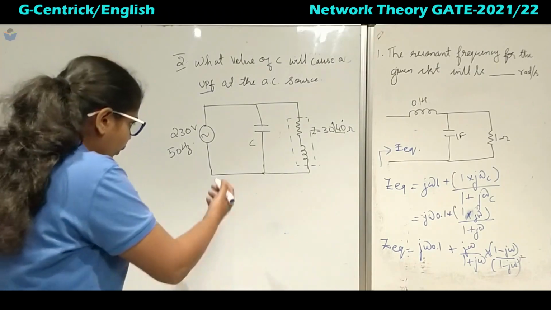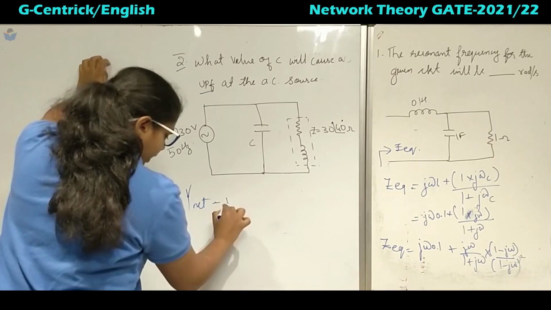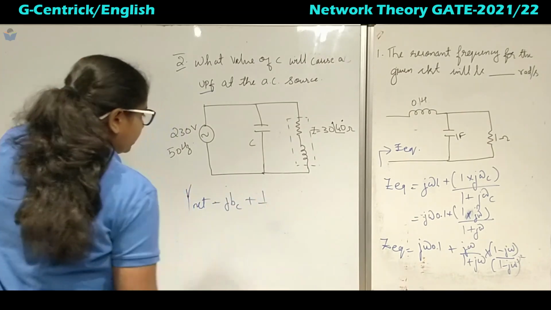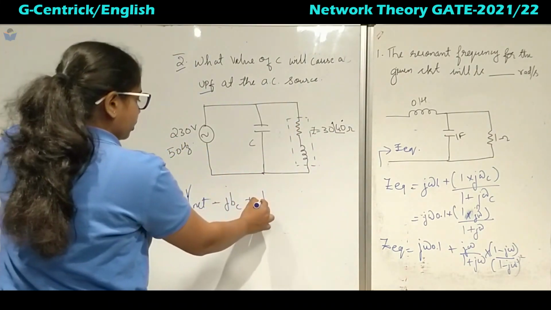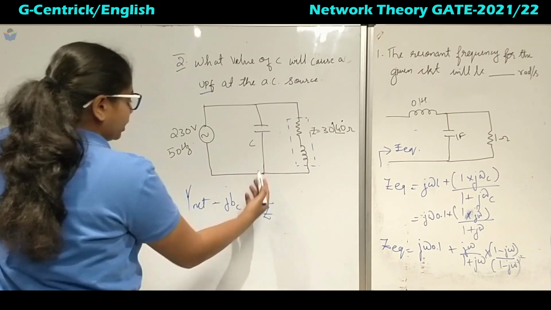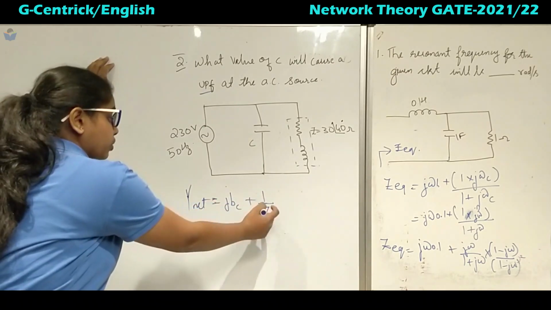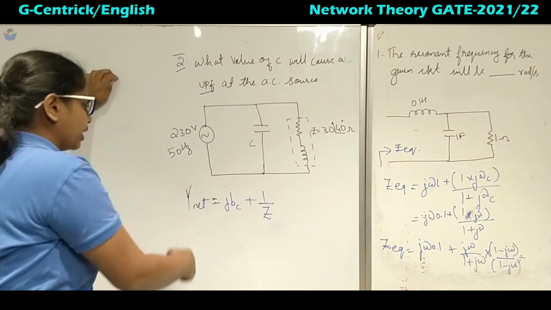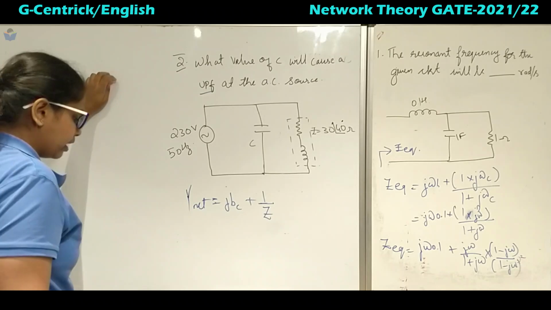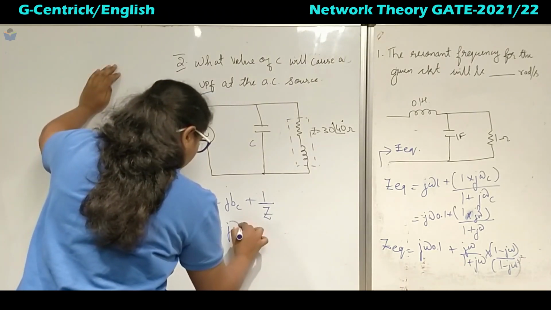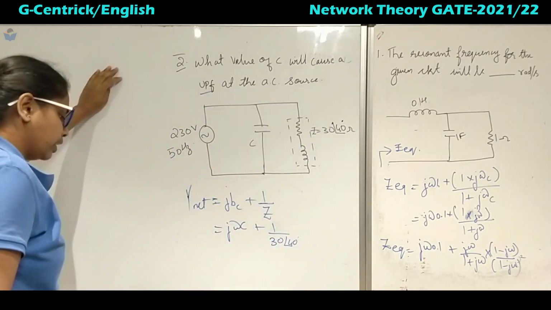So to find this one, we will take admittance, since they are in parallel. So Y net will be equal to j omega C plus this total they have given as Z. So 1 by Z is admittance. That is why we are taking it as Y net, susceptance plus admittance. Now we know the values, so this is nothing but j omega C plus 1 by 30 angle 40 degrees.